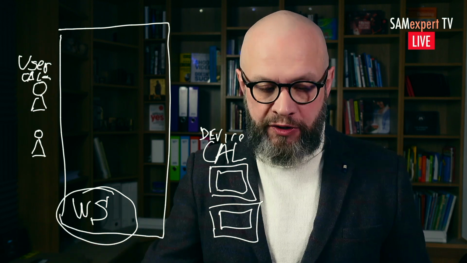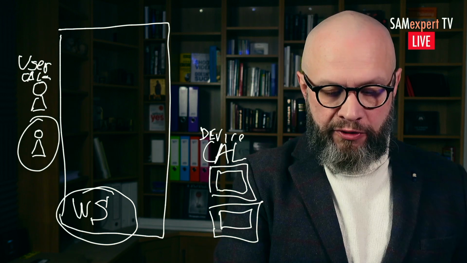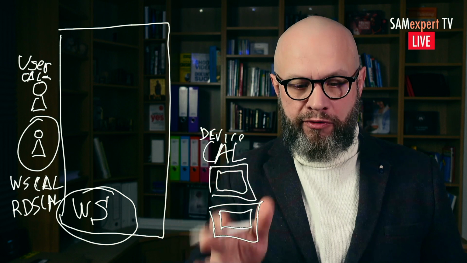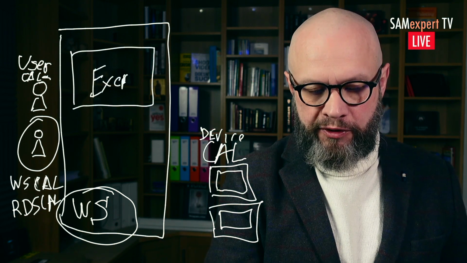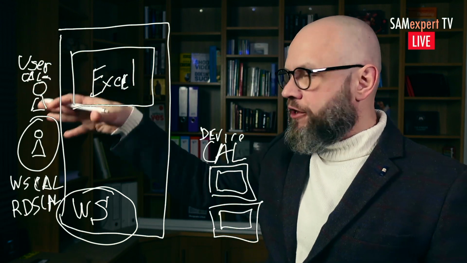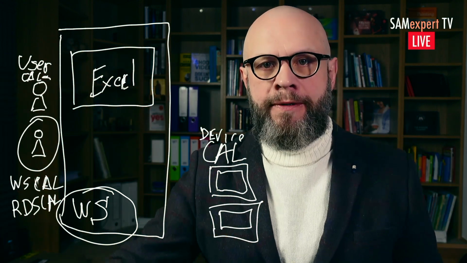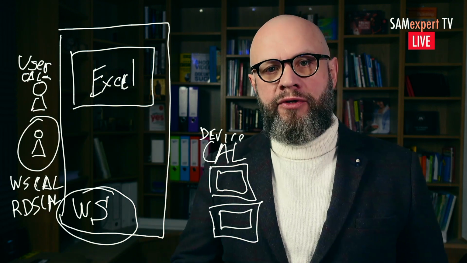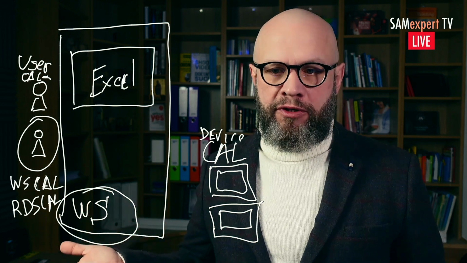On premises, it works this way. You have this user. For this user, you need Windows Server CAL and RDS CAL. Simple. If they want to use a graphical interface, say you deploy Excel and they want to use Excel in a remote graphical interface, working from home, working from the road, working from a location in Cyprus, with the server that's in the UK or in the United States, they need these two CALs, if that is your on-premises solution. Normally, this is not that difficult to explain.